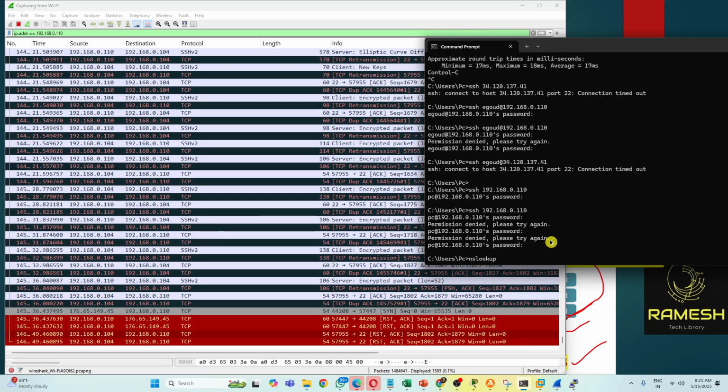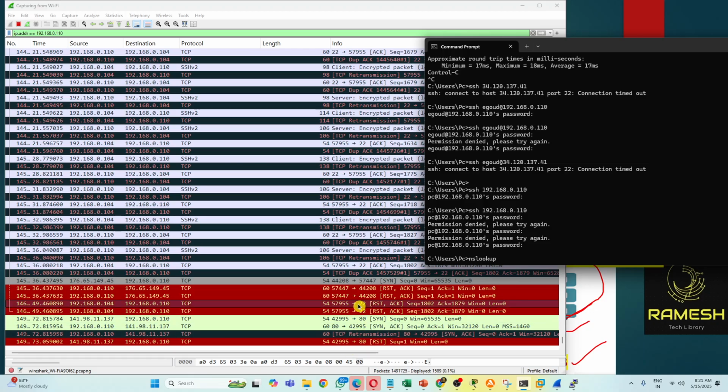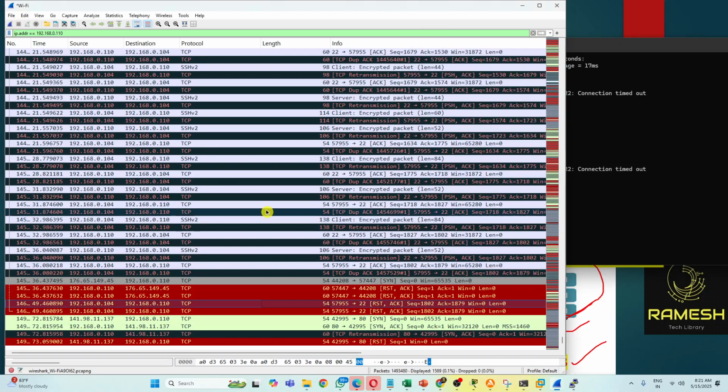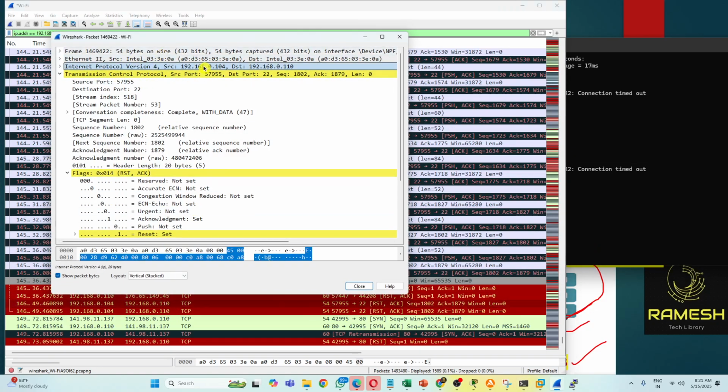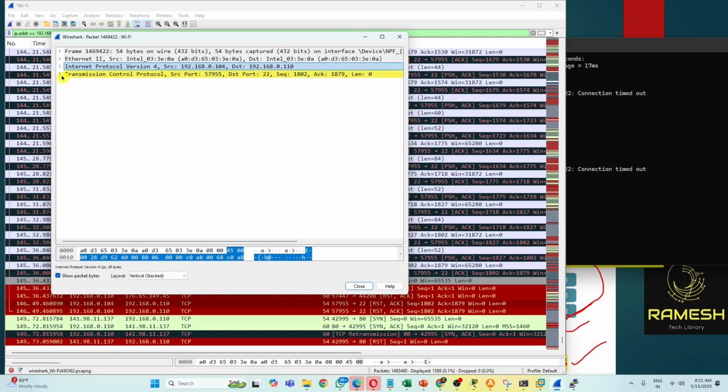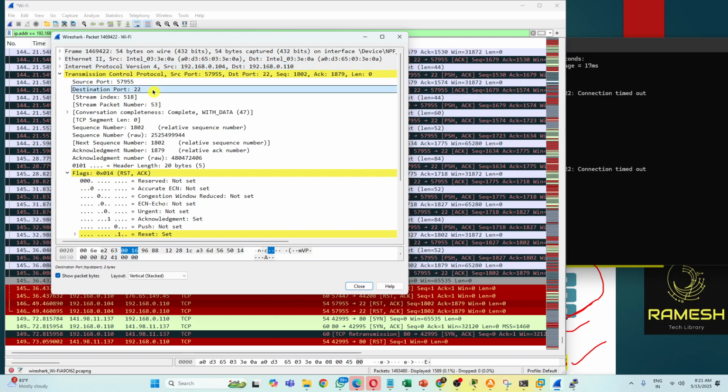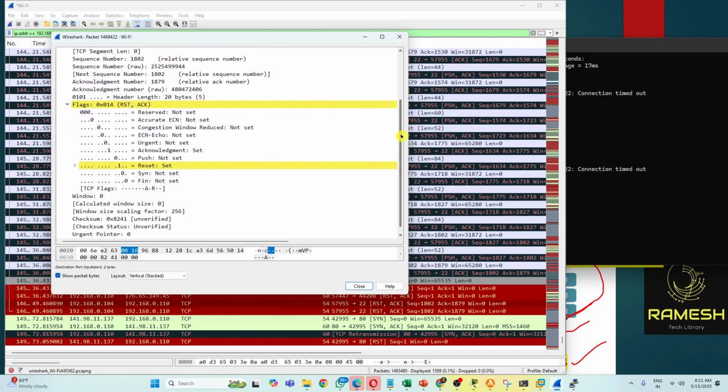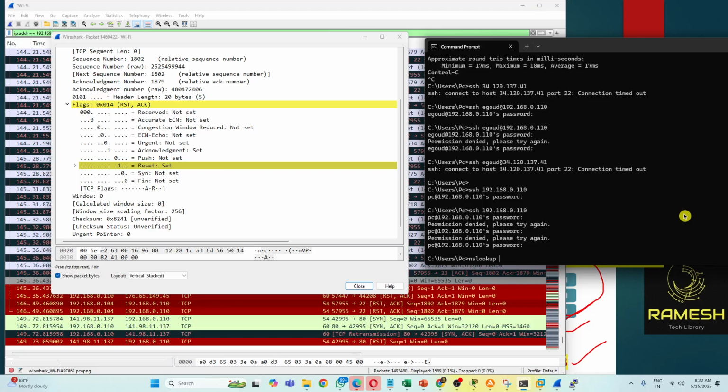It means your user doesn't have access. There are three things. Your user doesn't have access. Maybe the port is not established. See, here it is, right? Port number 22. Carefully observe. Now I want to stop the packet capture. See, my computer 104 is trying to access 110 through SSH. See, what is the TCP port number here? 22. 22 means SSH, but you're not able to access it because there is no such service or password issue. So what it is saying: reset your connection. So now you understood when the reset flag will be set to 1 in which scenario.